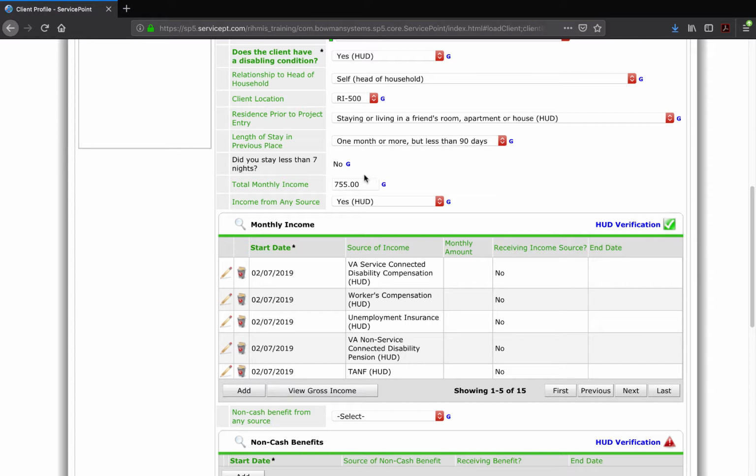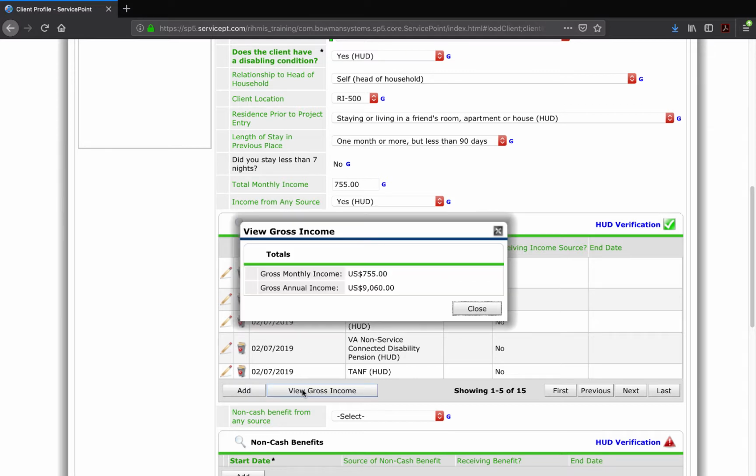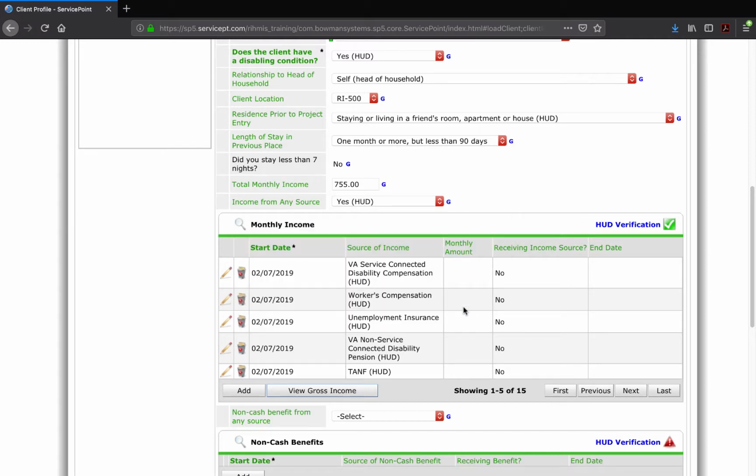So first, you see total monthly income $755. You can click View Gross Income, and your gross monthly income should equal $755. That's a quick way to check that you've done it correctly. Click Close, or, especially if your client's been in the system for a while, this magnifying glass next to monthly income can be clicked,